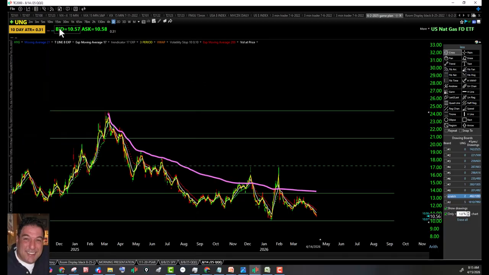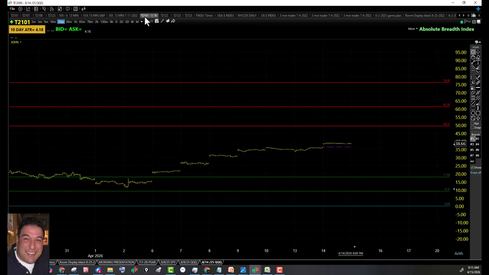All right, let's take a look at our technicals. Start off with T2101 right here. You can see price action melted up yesterday. All right, and you can see participation or absolute breadth increased. That is a good sign. That's the bulls are in town, showing me some bullish behavior, and that is the right sentiment. I want to see more people pile into the markets when the markets get bullish. What we don't want to see is when the markets are bearish and more people are piling in for a bearish